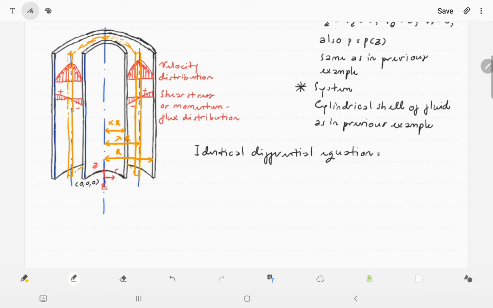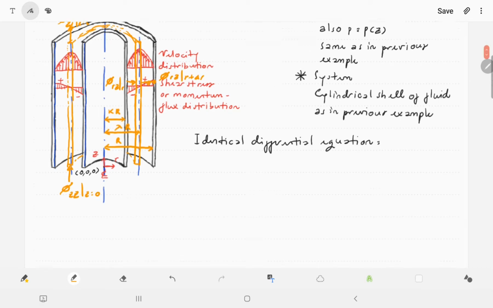If you do it like this, then you have to make a momentum balance again in here, and this one is φzz at z equals 0, and then you put this one φzz at z equals L. And then you also have other components in here: this one is φrz at r, and this one is φrz at r plus Δr.